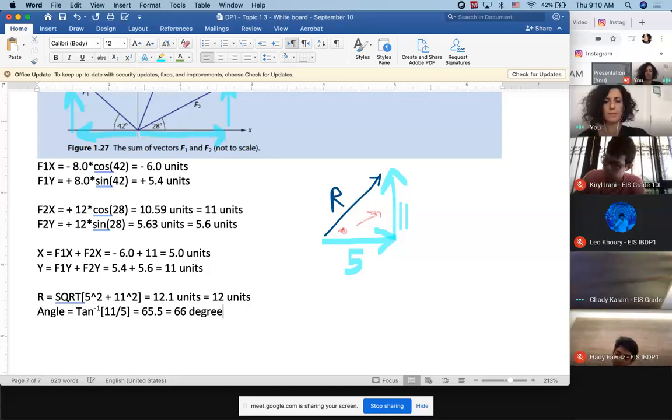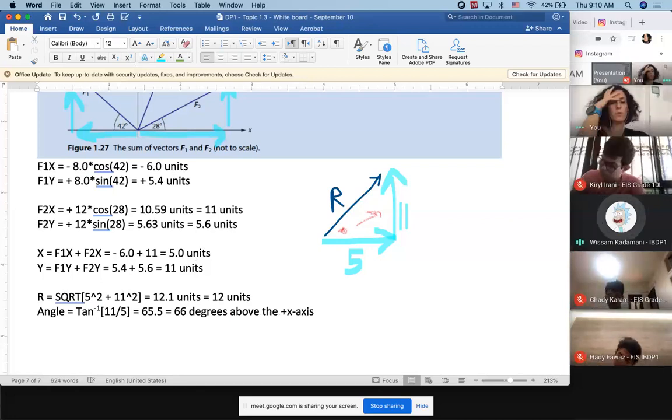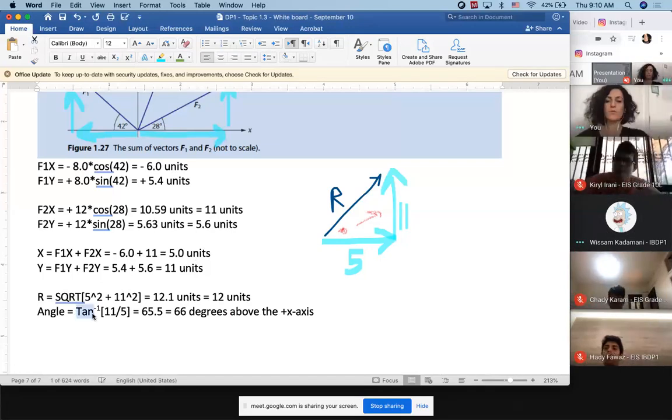Okay, if you want, you can say above the positive x-axis because I can see it, because I drew it above the positive x-axis. Tan to the -1 is the shift tan or arctan or invert tan. It's what I'm just mimicking what you see on the calculator. I'm gonna save this, stop sharing and recording from